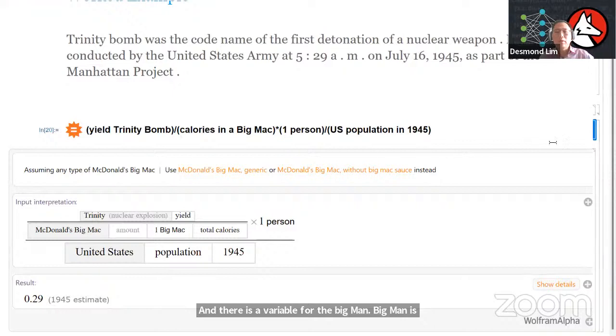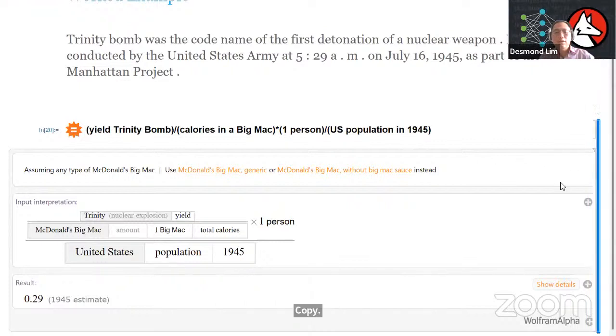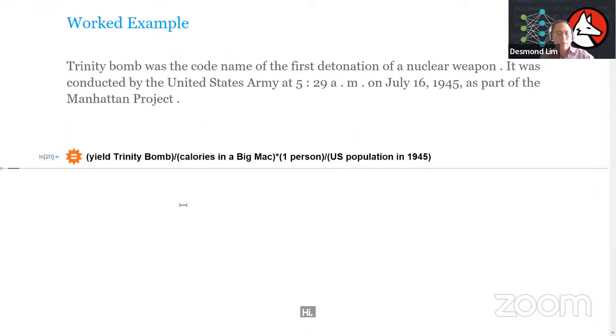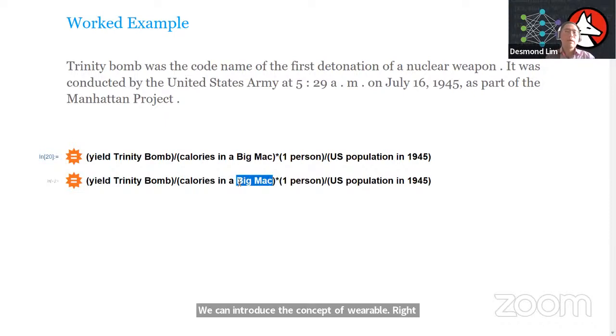Big Mac is a variable, we can also change this thing. Let's say I copy the whole line, copy. Let's say I hide this output. I just double click on the bigger bracket here, hide output and paste. Second one. Now this is a variable. We can introduce the concept of variable like this. Like instead of a Big Mac, we can put maybe this is a